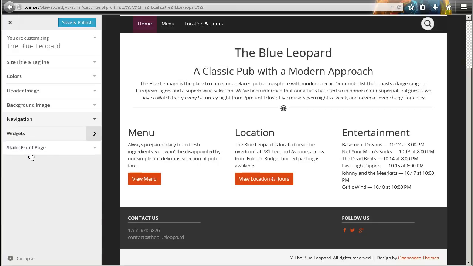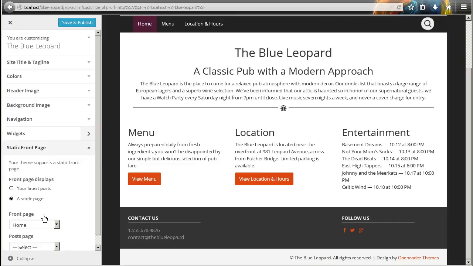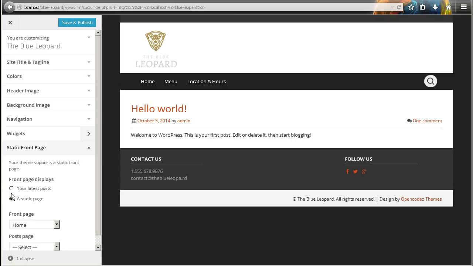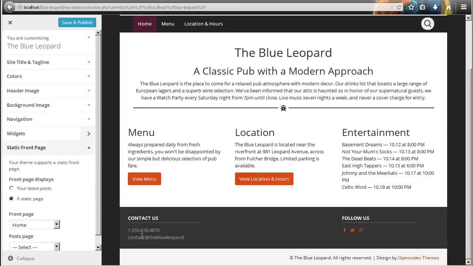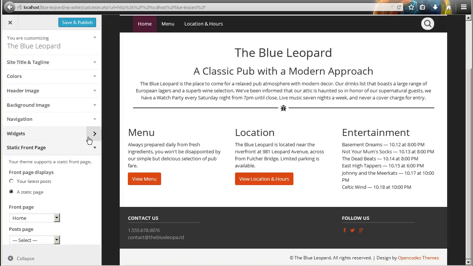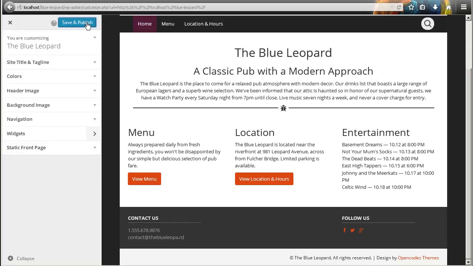And then the last couple options we can customize here. We can change the widgets, and then we use a static front page option to change it from our latest posts to a static page. So that's what that does once again. So I'm going to go ahead and press save and publish, and we can take a look at one last